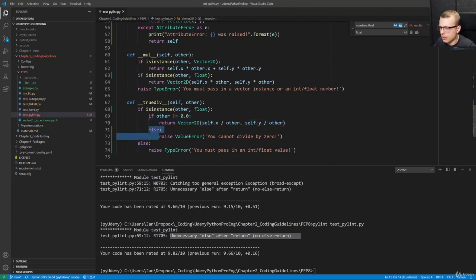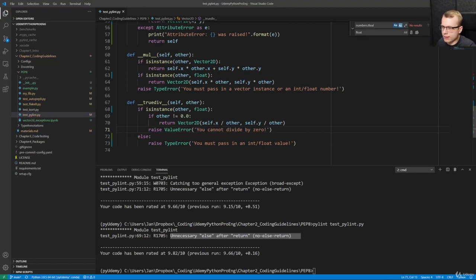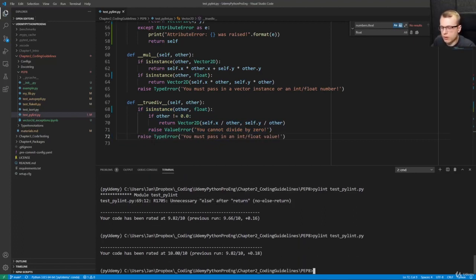We can just add the raise value error here. And also, if we do not go into this if case here, we can remove the else case and raise the type error anyway. So now we should have a Pylint code rating of 10 out of 10,